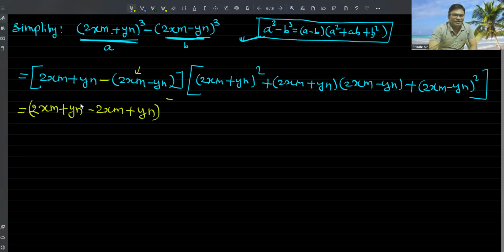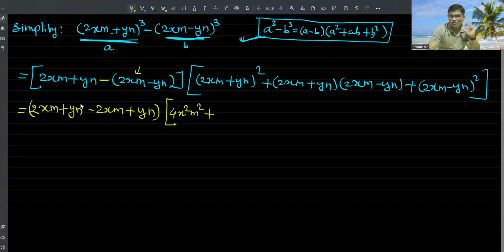Now let us simplify the second bracket. The square of this bracket will give us, we are going to use the formula of (a + b) whole square, which implies the square of the first term, that is the square of 2xm, will give us 4x²m² plus 2 times the product of these two terms. First of all, I'm going to multiply these two terms with each other, which will give us 2xm yn, and